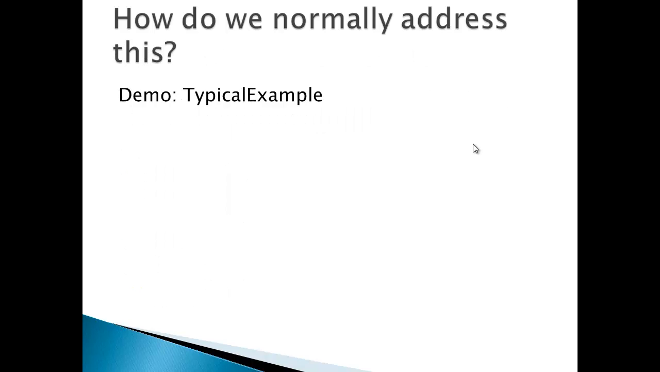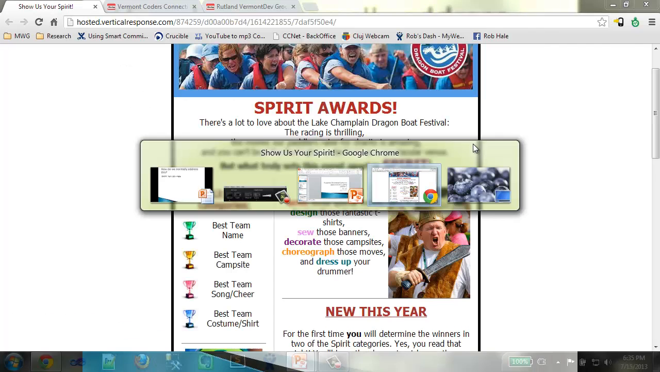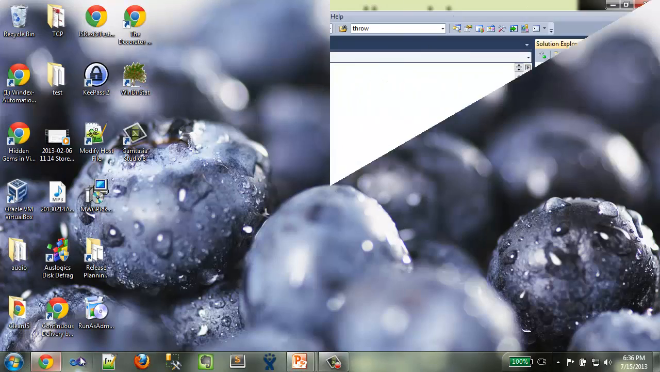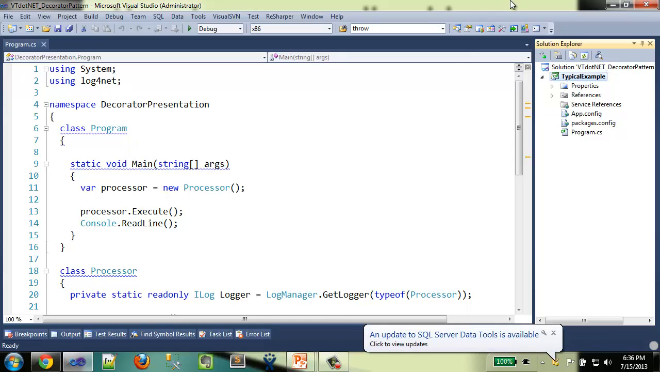How do we normally address introducing logging into our applications? I'm going to pull up... do I have it up? I've rebooted my machine, I don't. I have to pull it up. So this is obviously a very simple example